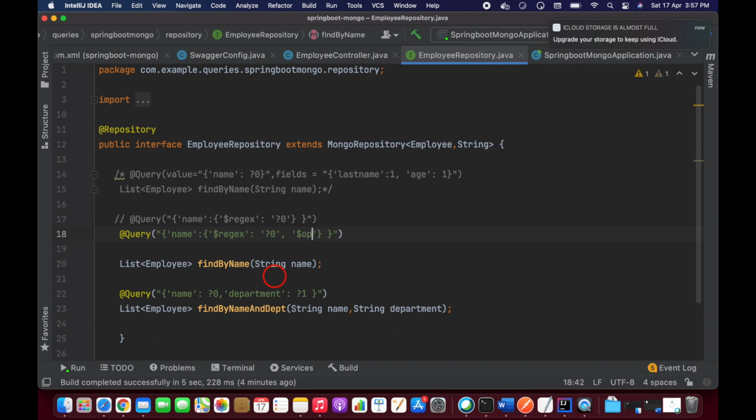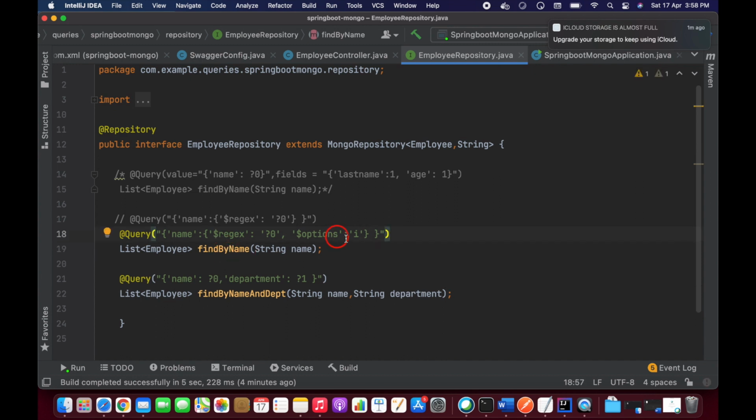So these options I'm going to take as i here. If you want to activate case insensitive, you have to add options of i here. This is another way.